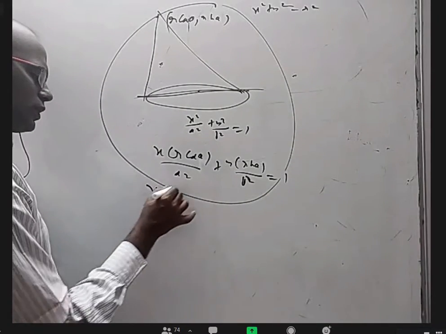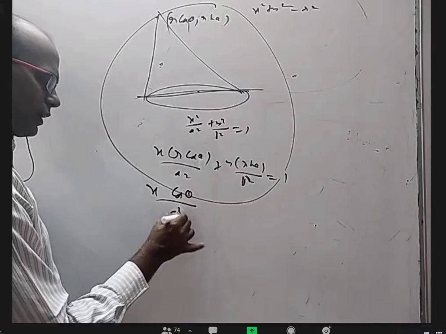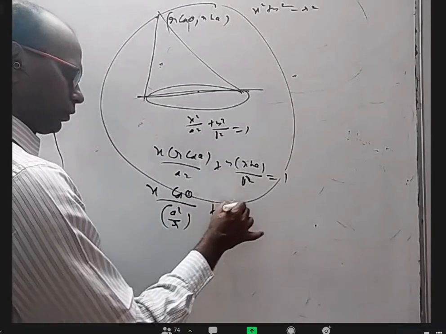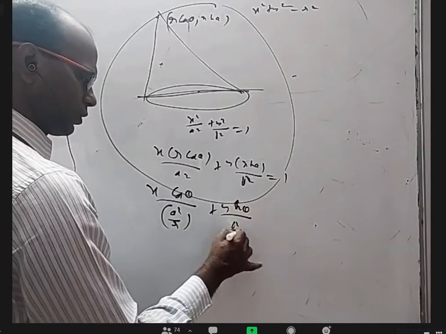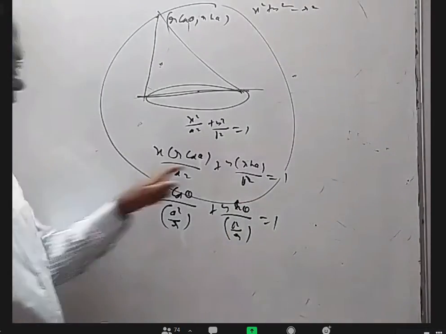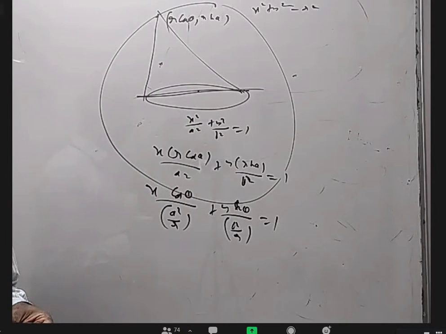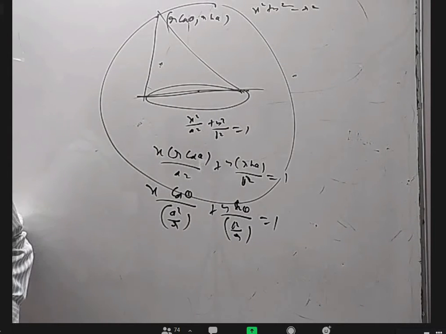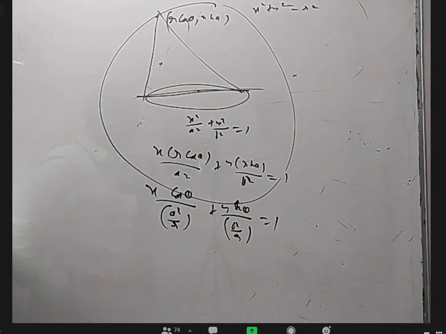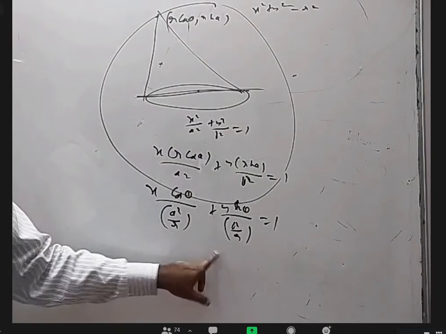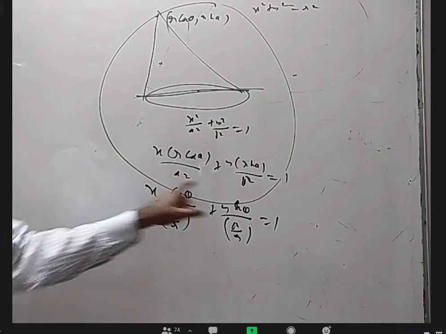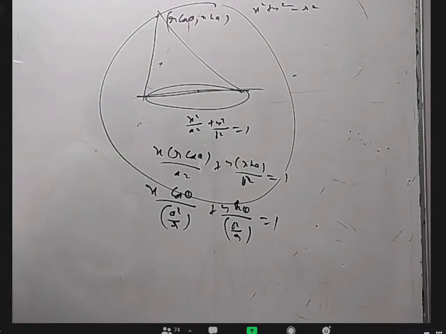Yes. What is that? It is x into cos theta by, you write a square by r here, y into sin theta by b square by r equal to 1. Does it look like the general tangent of any particular curve? Anybody? a and r are fixed, theta is variable. As theta varies, this line is always tangent to an ellipse. Anybody want to tell what is that ellipse equation?